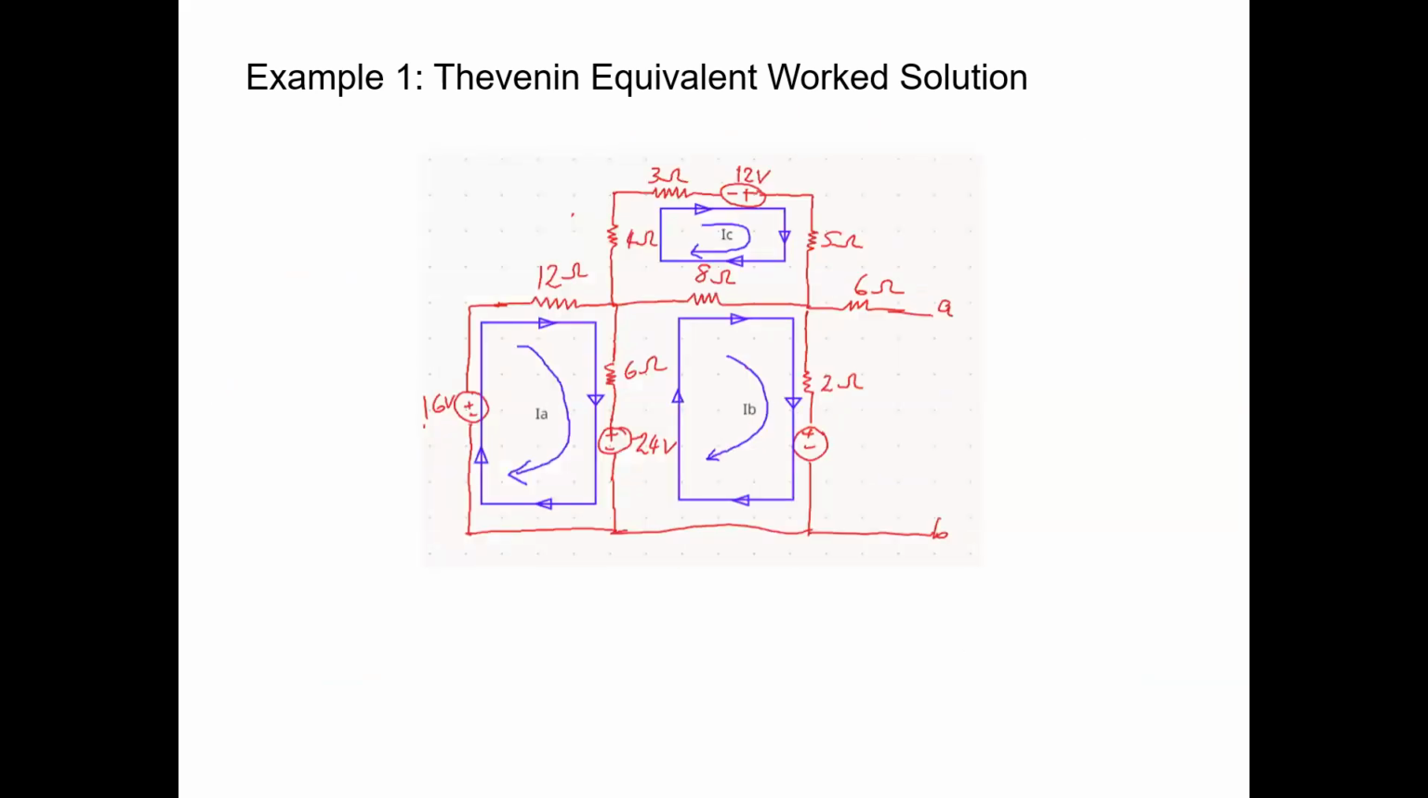Let's see now. So obviously this is 18 volts. In here, the first step is to create the equations, so let's use mesh analysis. For example, in here, if we call this one IA, so IA times 12, that is 12 IA, plus